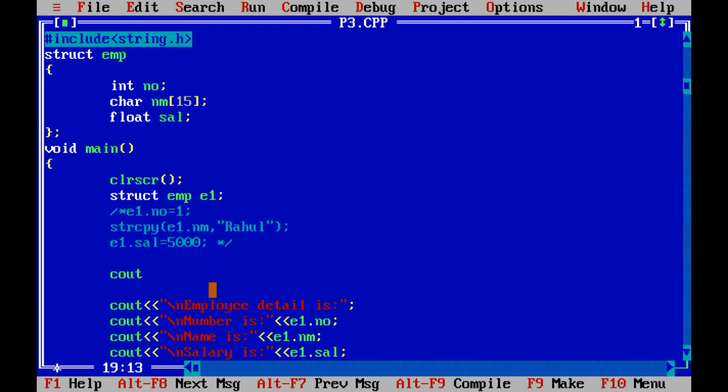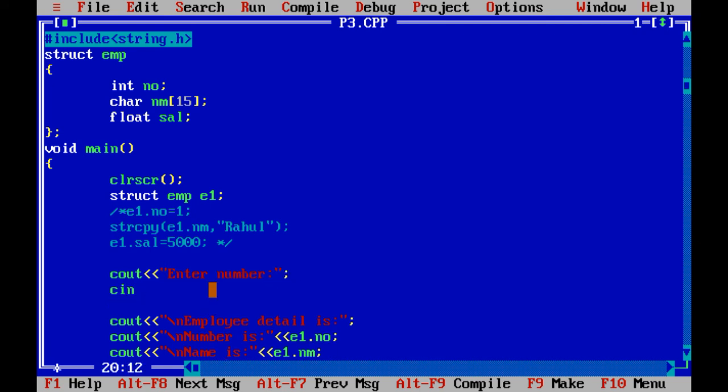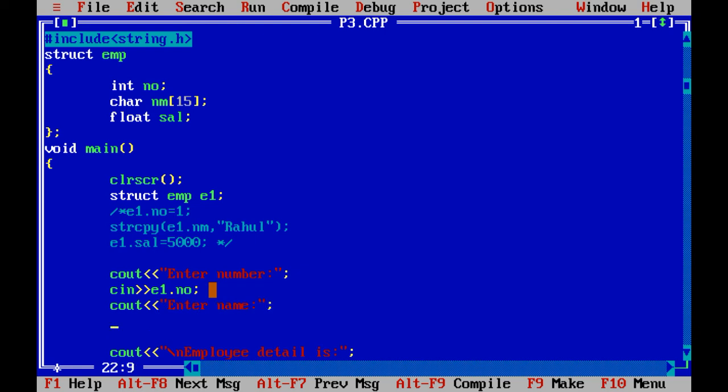Using cout "enter number", cin e1.number, cout "enter name", cin e1.nm, and cout "enter salary", cin e1.salary.